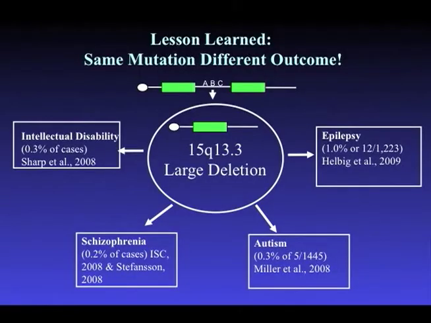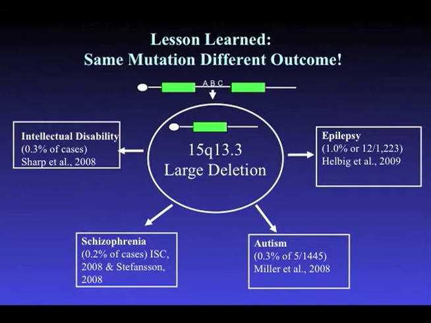Some of these diseases may be of a different spectrum. For example, epilepsy versus essentially developmental delay. So some of the individuals will be relatively high functioning. So what's the proof? Well, after we reported this, we were the first to report this microdeletion in 2008. A number of other groups came out and actually reported this microdeletion in a whole suite of different diseases. So 2 big studies of ungodly proportion, something like 40,000 cases of schizophrenia, between the International Schizophrenia Consortium and also a group out of Iceland, reported 0.2% of cases carry this microdeletion, while none of their controls.